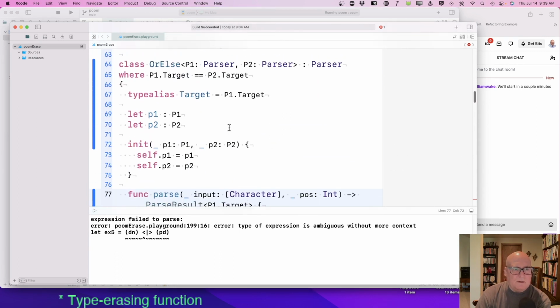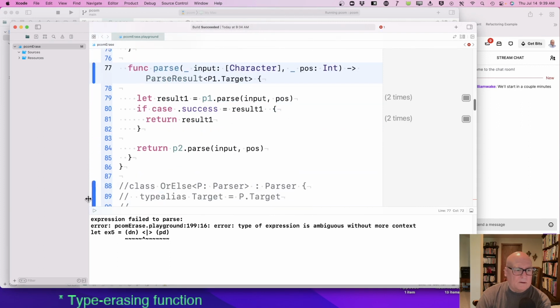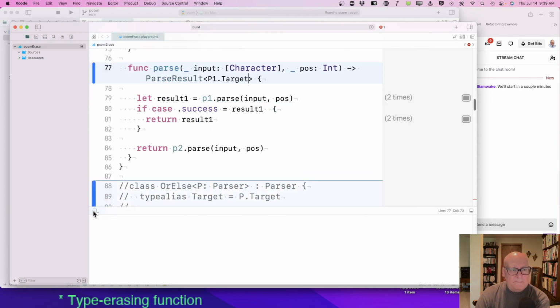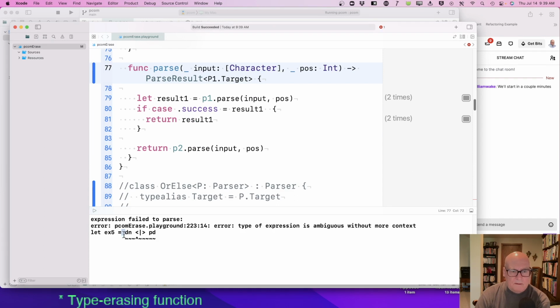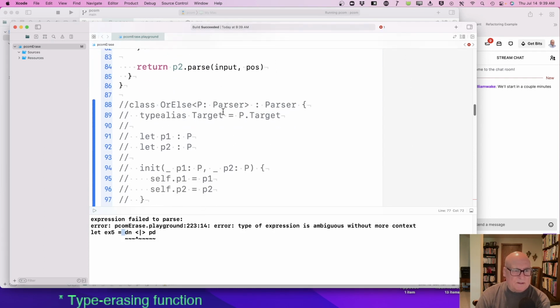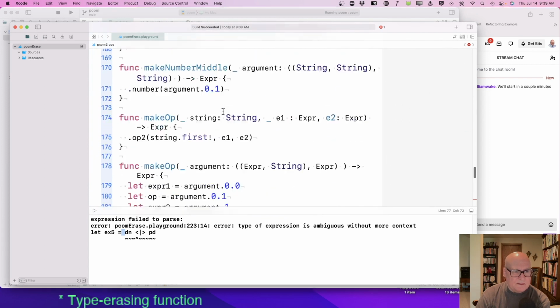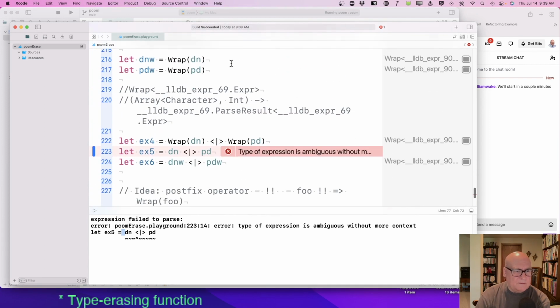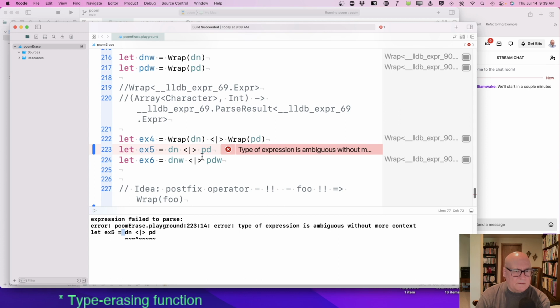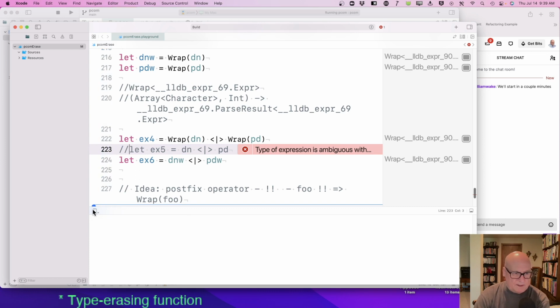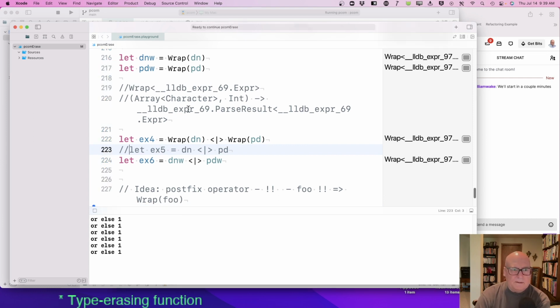I have no wrap here. That's the only one that didn't work. Okay, 223. Okay. But otherwise, you're going to run. Is that the deal? Yes, it is.